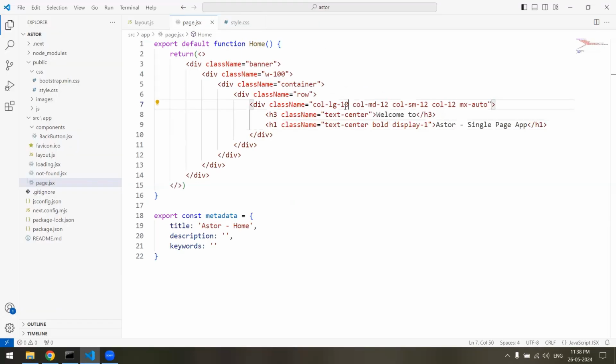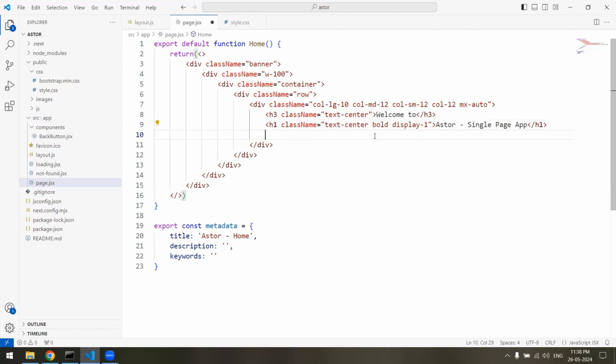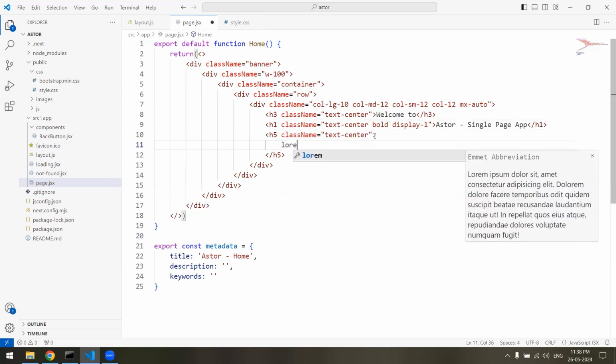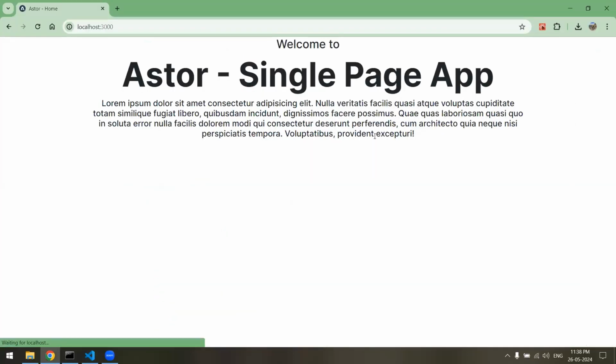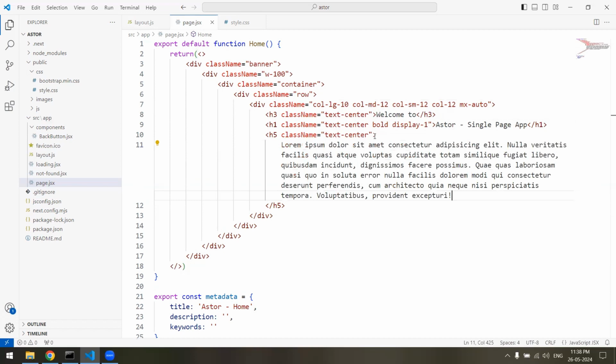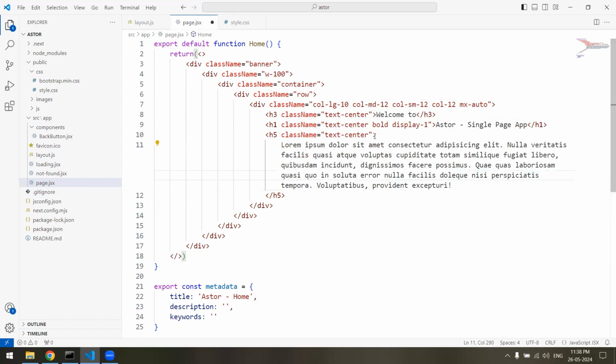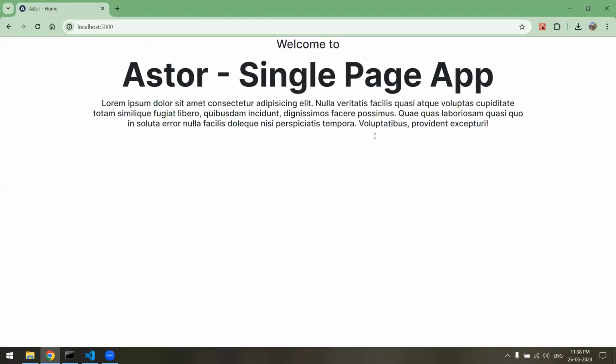Okay, it's good now, and we'll put some lorem ipsum over here, and we'll use h5 dot text center. It would be lorem 50. That would be enough, or we can also remove a little bit of. Okay, this is fine now,